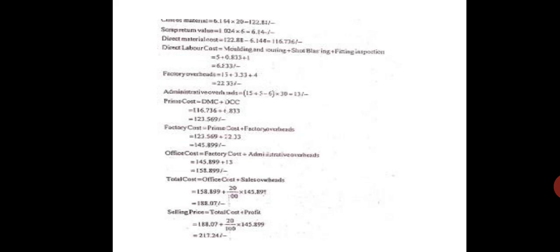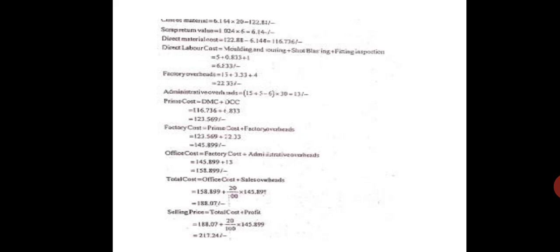Here the factory overhead, we will calculate for all the three operations. You can see here shop overheads. The factory overhead is nothing but the shop floor overhead. And shop floor overhead again the same thing he has given, 60 rupees for molding and pouring per hour. For shot blasting is 40 rupees per hour, and fettling and inspection 40 rupees per hour. So same calculations we will do. Molding we take 15 minutes, so 15 divided by 60 into 60 is equal to 15 rupees per piece.